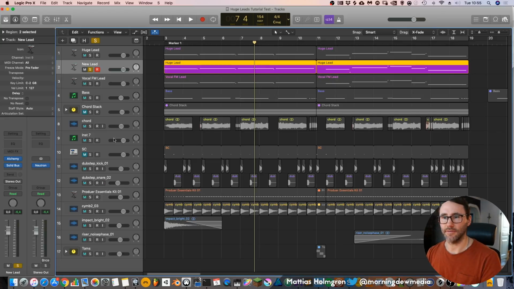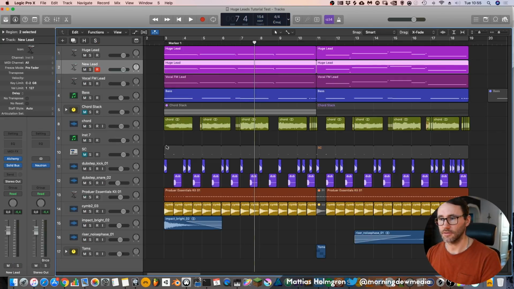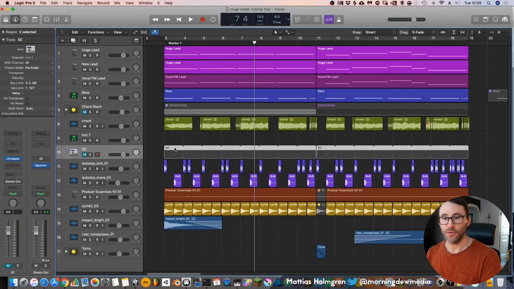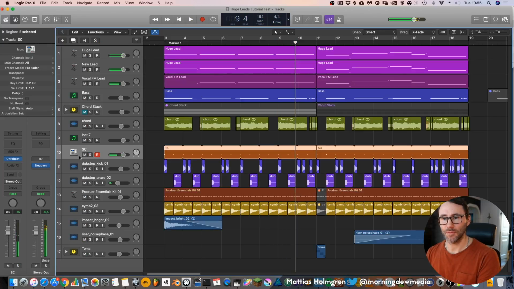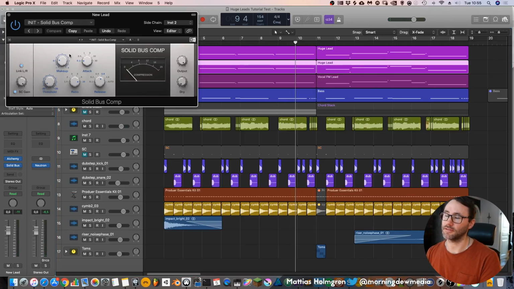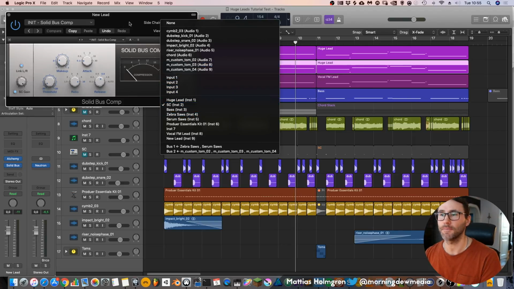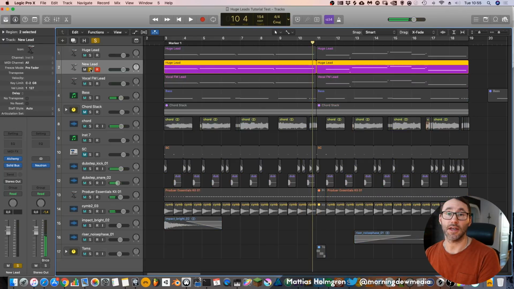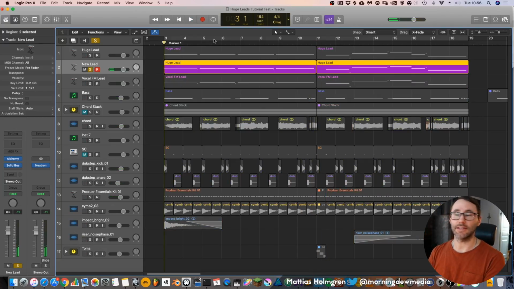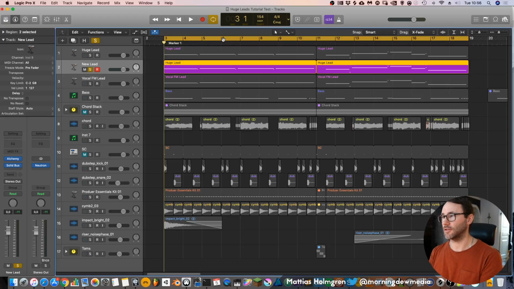And for this track I've created this sidechaining track with just the Ultrabeat playing this kind of shell. And then you add a compressor, like the Solid Bus Compressor from Native Instruments. Make sure to input the sidechain, and then adjust the sidechain to taste. And now you can hear the lead sound ducking with the sidechain, and that helps to make it sound more epic too.